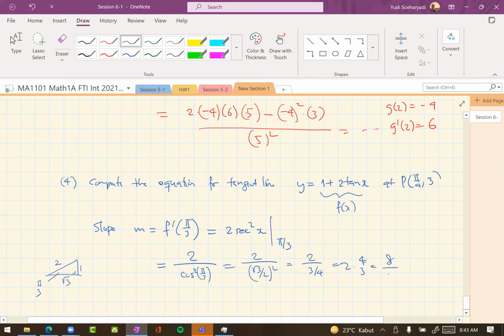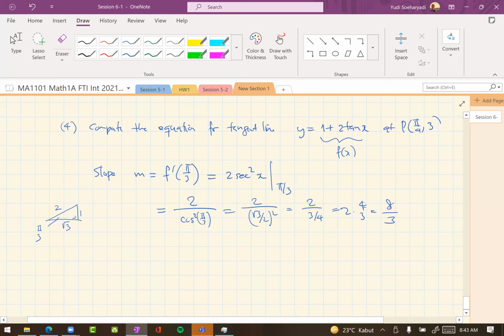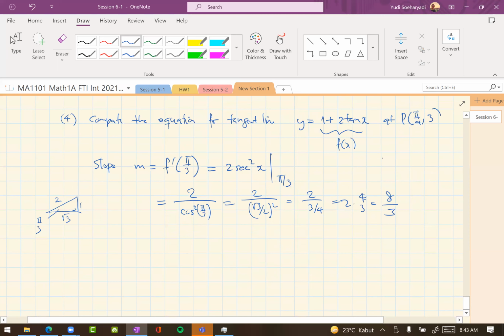So 8/3. So that's the slope. So the equation of the line, the tangent line,